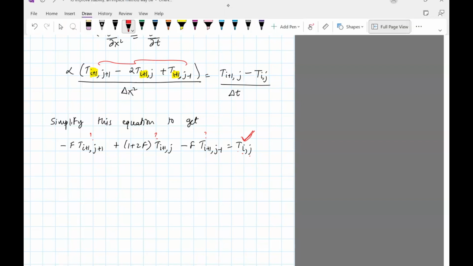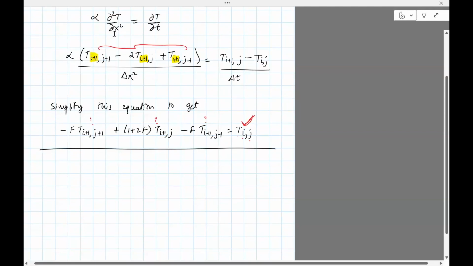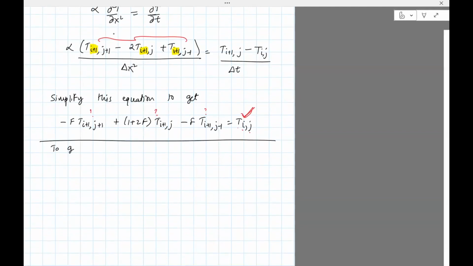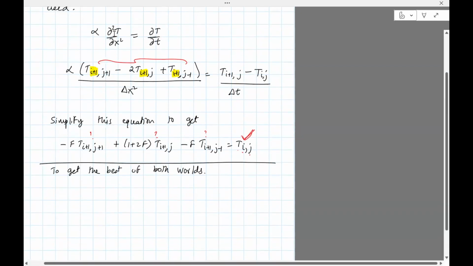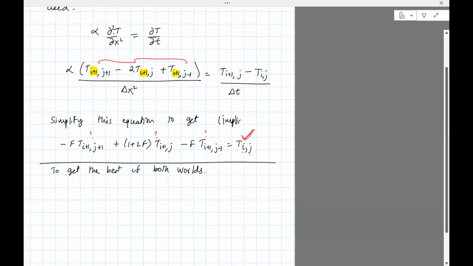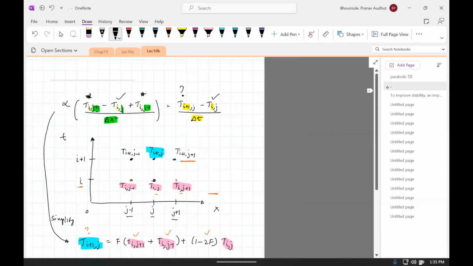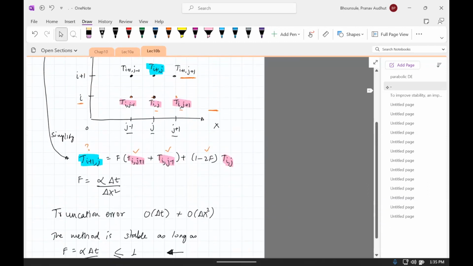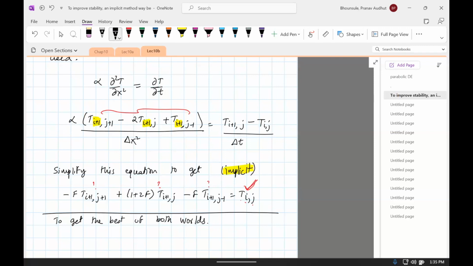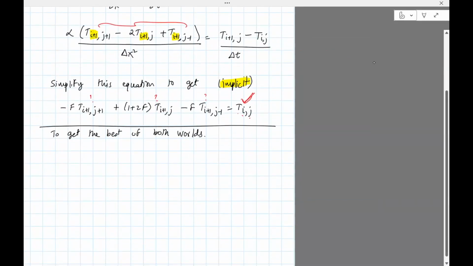Now, sometimes, to get the best of both worlds, the fully implicit equation and the explicit equation, which was this one, you can use a weighting parameter and tune them. So d squared T by dx squared is approximated as